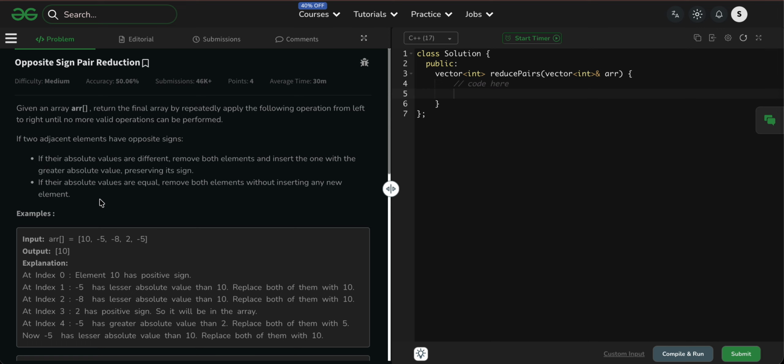You are given an array of integers. You need to repeatedly check adjacent elements from left to right. If two adjacent elements have opposite sign and different absolute value, keep the one with greater absolute value. Keep the, like here,